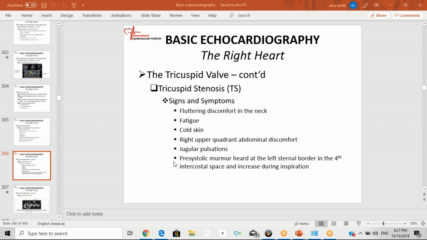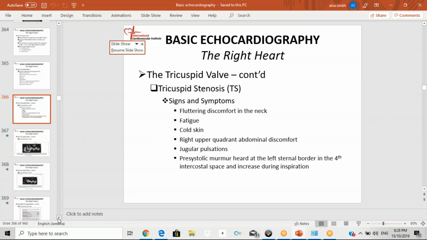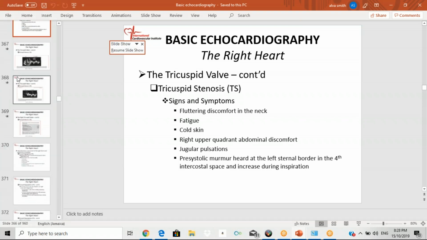You get jugular pulsation and the murmur that will go with it. So clinically, if someone has tricuspid regurgitation, you can pick it up, but the echo,